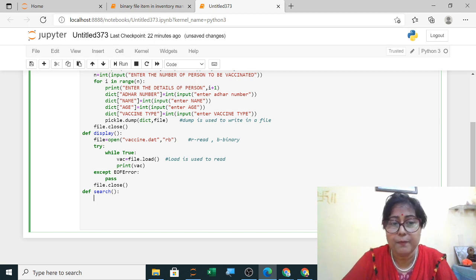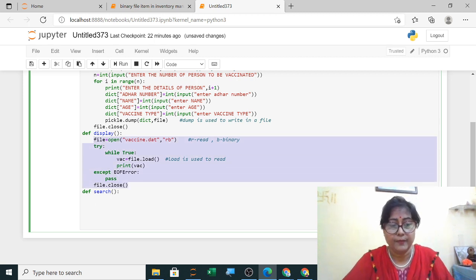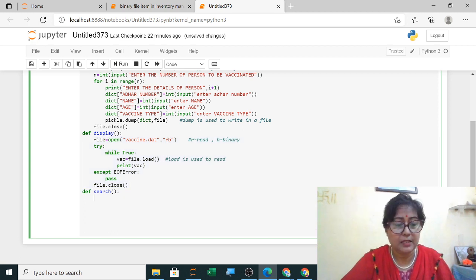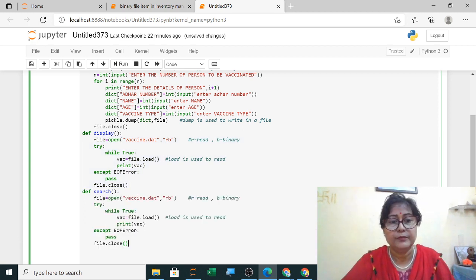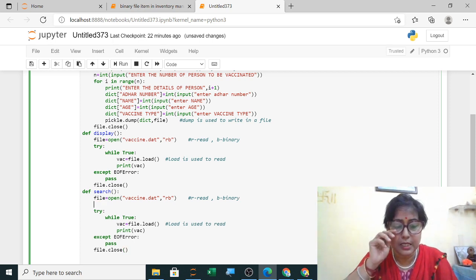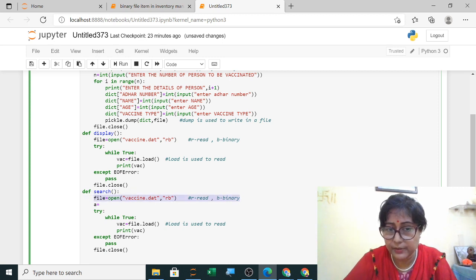So I have copied this and pasted it here. Only what I want to search here, I will ask the user. One by one line you should be able to explain. In search, you have opened the file in read mode.